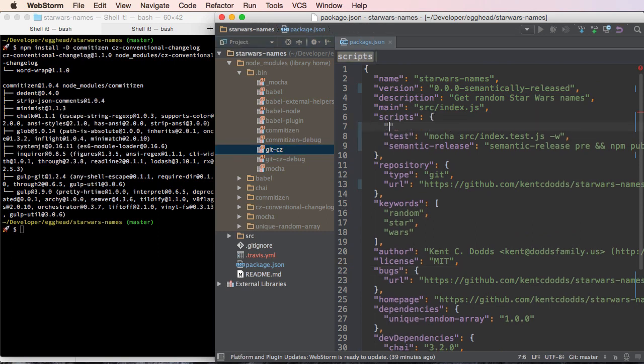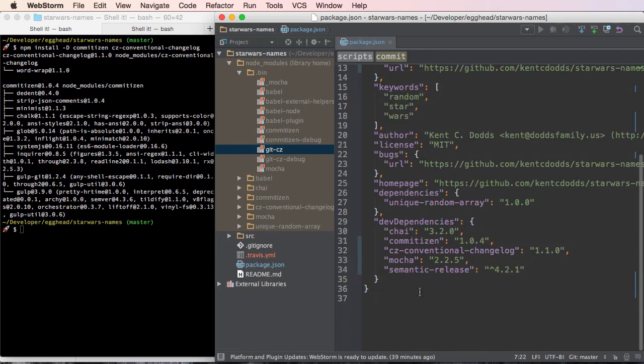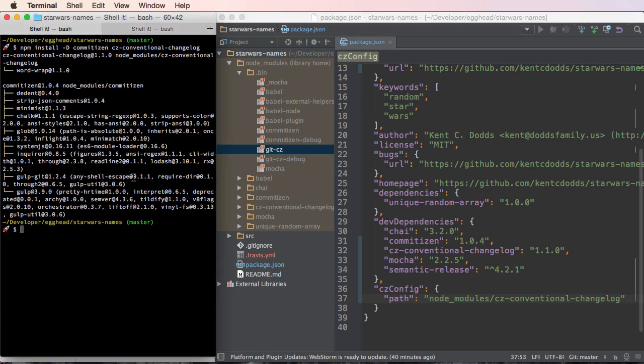We'll create a script called commit, and we'll just simply reference git-cz. And then we need to tell git-cz that it needs to use the cz-conventional-changelog. To do this, we say in our package.json config, and then we specify the path is node_modules/cz-conventional-changelog. Now with this in place,